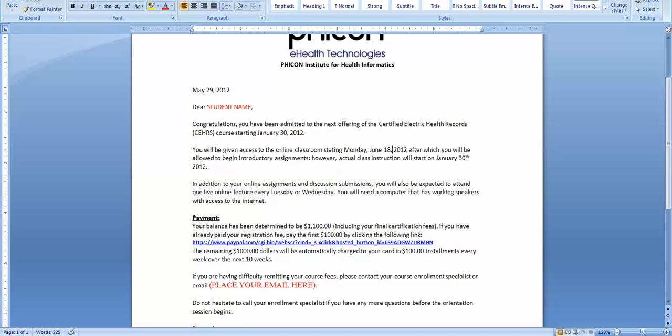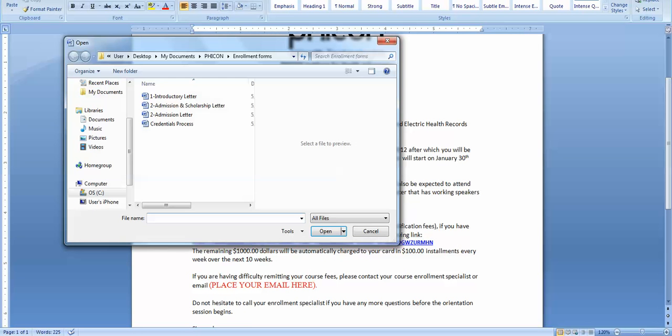Oh, we don't want to go there. Again, we're going back to the page. Now, that was just a regular letter. If they have an admission and scholarship letter,